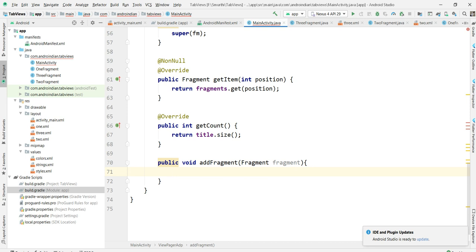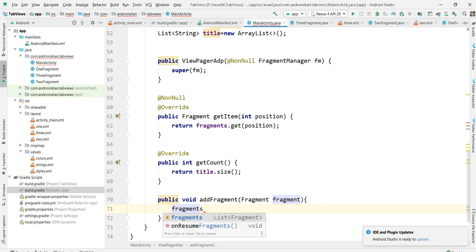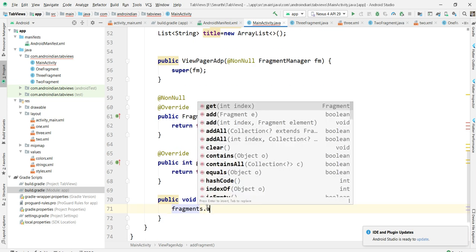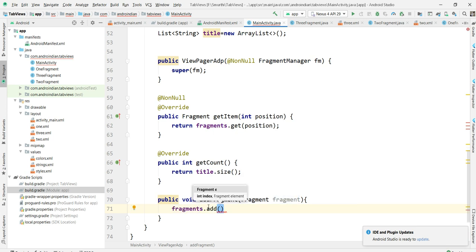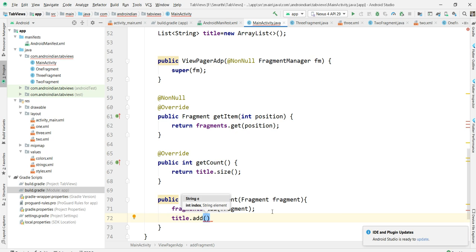Then in that fragment list we need fragments.add. What we are adding is the fragments we are creating; whatever fragments we create, we add into this. In the same way we are adding titles, so that is titles.add.